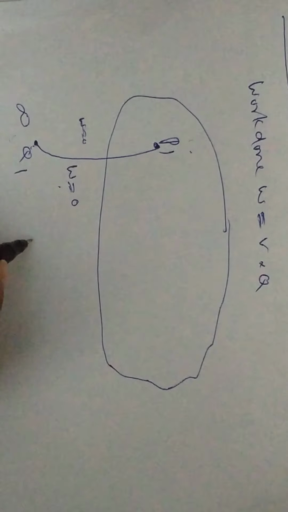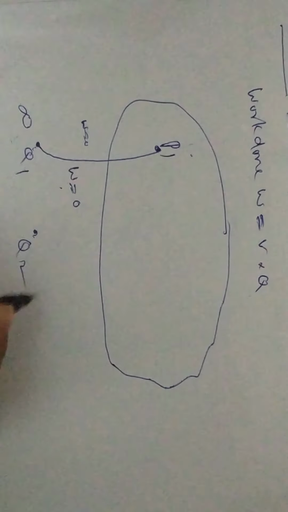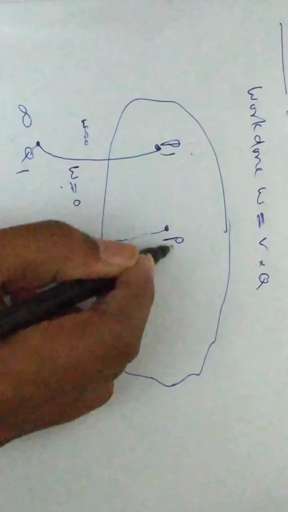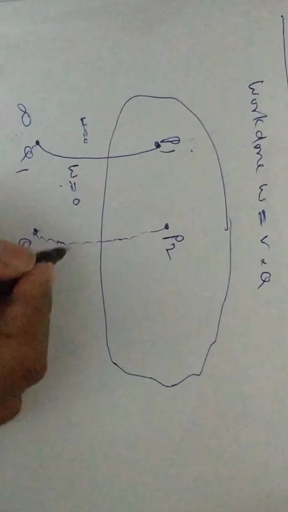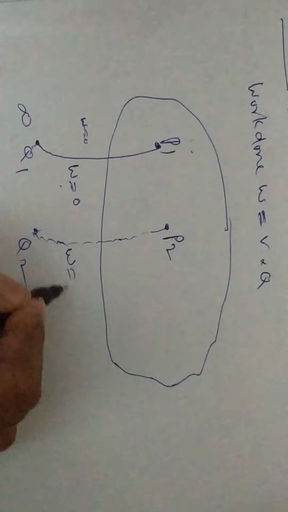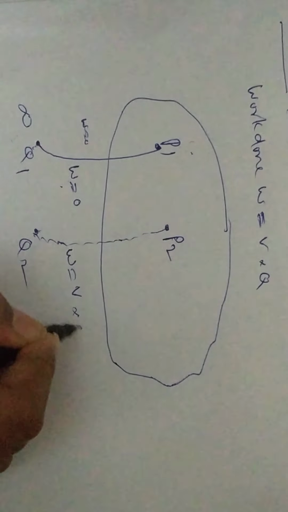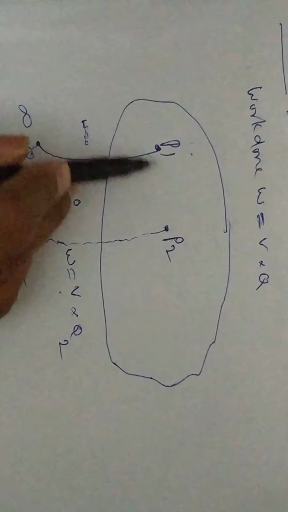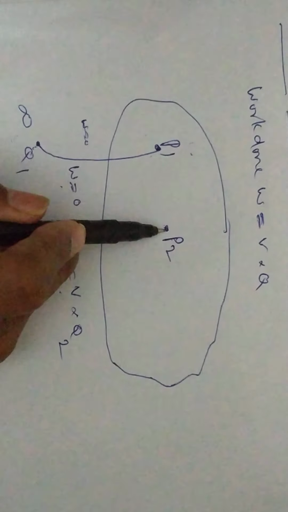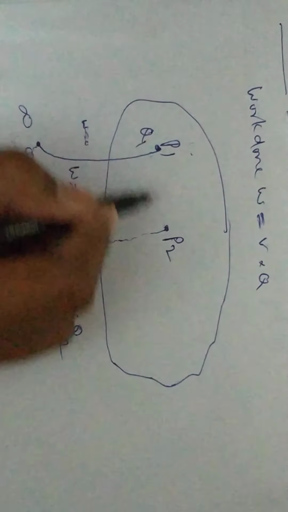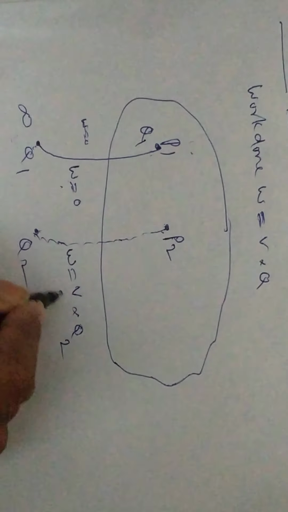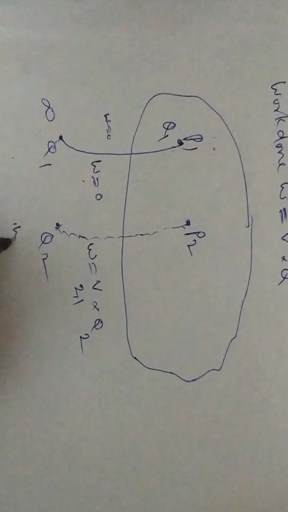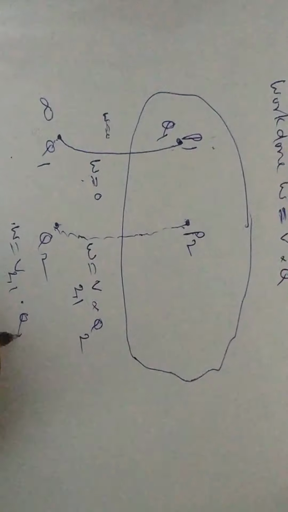Now consider one more charge outside this space, say that is Q2. If it is moved to this required point, say P2, then the work done is equal to, we know the standard formula, potential into charge. So what is the charge here? Q2. What is the potential? Potential is the difference between the 2 point charges. What are the 2 point charges? That is Q1, it is already located here, and this is Q2. So therefore potential is V21 into Q2. So work done W is equal to V21 into Q2.